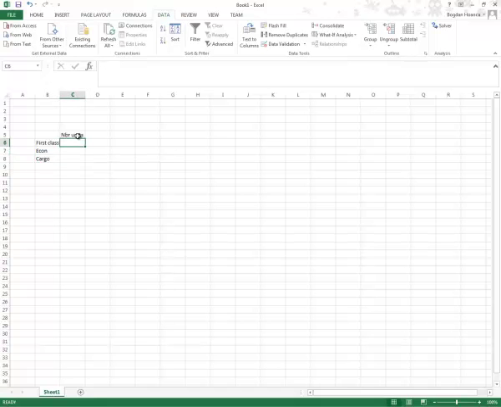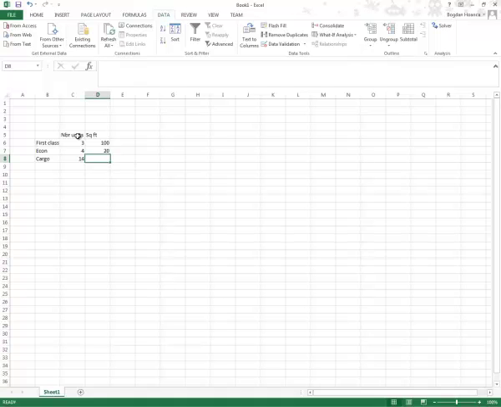And we will put just some random numbers in here. Let's say that we have 3 seats in first class, we have 4 seats in economy, and we have 14 pounds of cargo. Let's put some numbers for how many square feet each seat will take. Let's say that the first class seat takes 100 square feet. Let's say economy takes 20 square feet, and cargo, you will have to figure out how many square feet 1